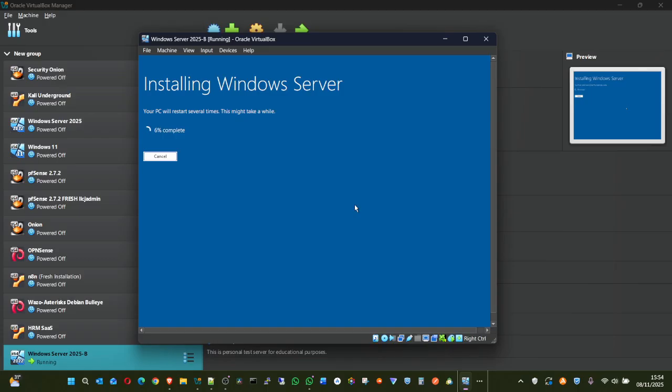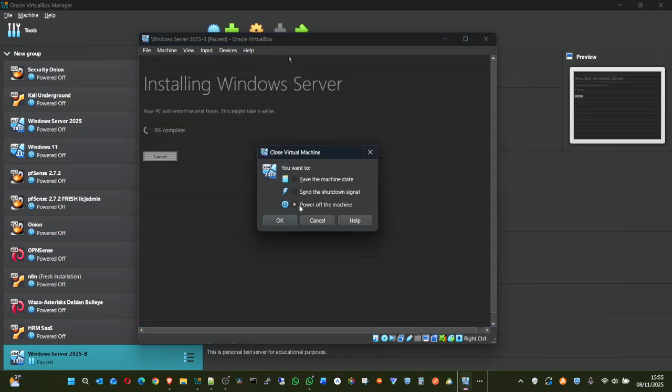Because we already have it and because of our time, I would like to cancel this installation, since there's not much time to start looking at the installation from scratch. I have it installed right here. I'll be using the one that I have in here, and I will be canceling this instance.